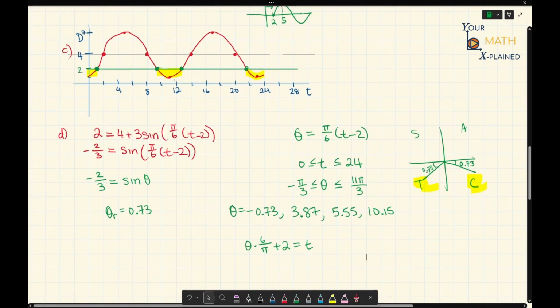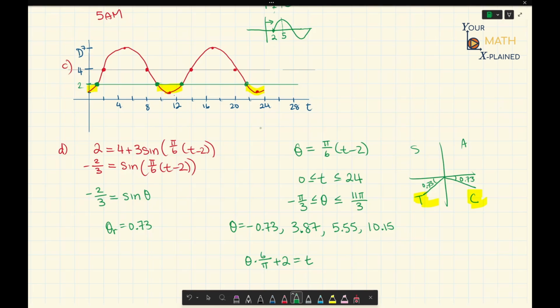And in fact, I'm actually going to write them on this graph here. So we have this value here, which is our first one. That one is 0.606. The second value is over here, which is 9.39. The third value is over here, which is 12.606. And then finally, the fourth value is right over here, which is 21.39. So now to finish it off for this part D, at what time intervals can the harbor master schedule